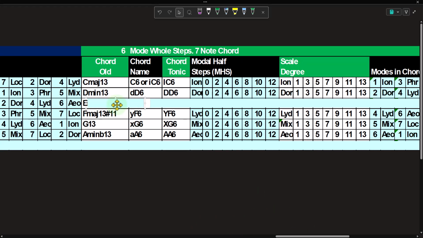The last one, we're going to do a 7-note. So now we're on a 7-note. So we're going to say it's going to be an E minor 13, flat 9, flat 13. I hope I got that right. I think I did. That's because it's an E minor, which means it's going to have a minor 3rd, the minor 7, but the minor doesn't apply to the 9, 11, and the 13. But the 9 in our case is equivalent to the 2, which should be flattened. So we have to flatten it. And then the 11 is okay because it's perfect. But then the 13 is equivalent to the 6. And the 6 needs to be flattened for